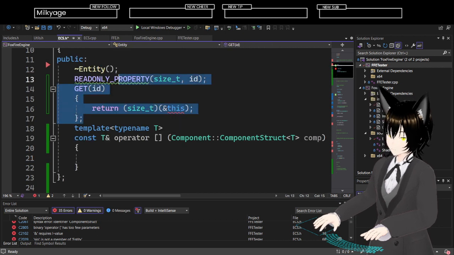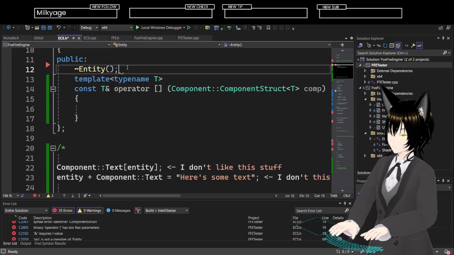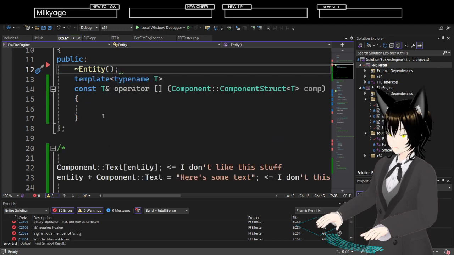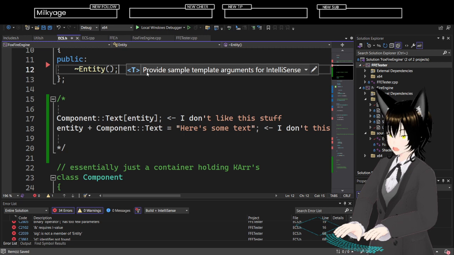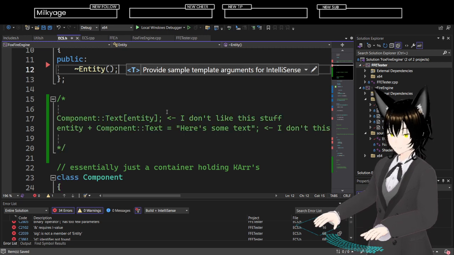I don't understand what's going on there. And that is also not working for some reason.